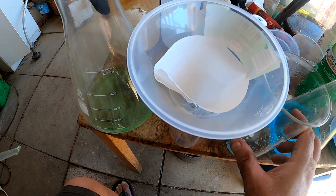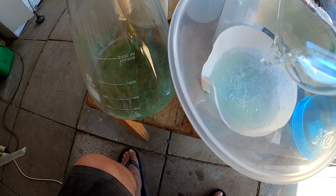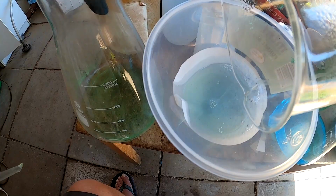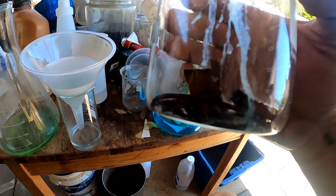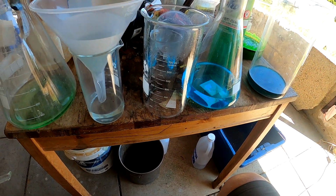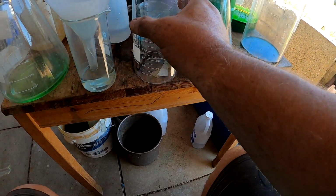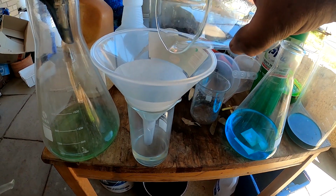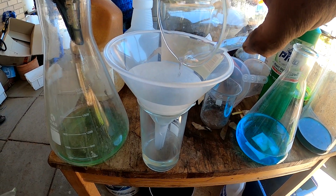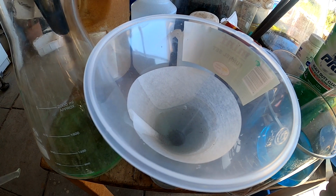So now I'll filter off this nitric solution. I can use that again for something different, making sure none of this brown stuff goes in. I'm hoping that's gold. So I'll give it a little bit of a rinse just to get that nitric out, because there was a slight bit of colour to it. So there's a tiny bit of colour to that liquid now, not blue colour but brown colour, so there would have been small fragments of gold,